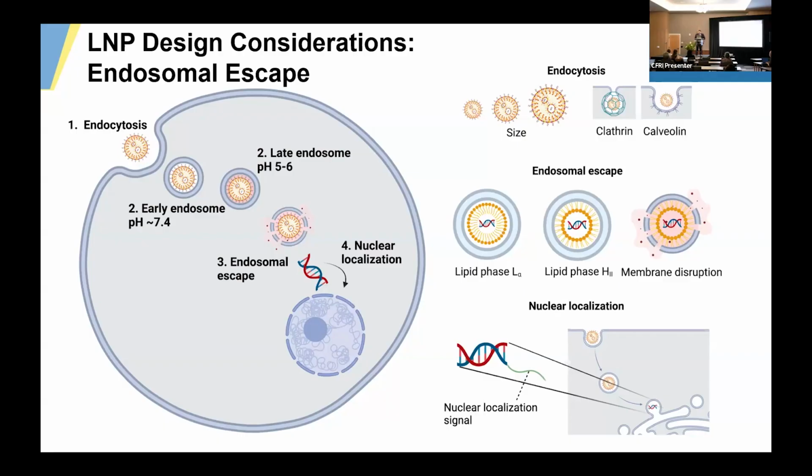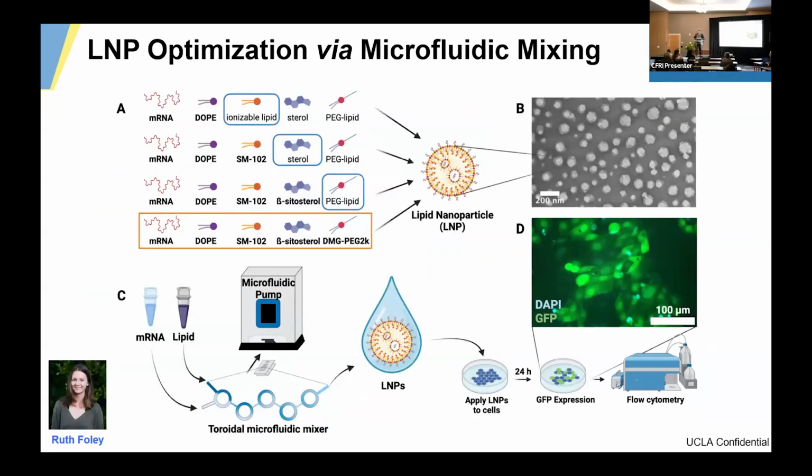And that's essentially what Ruth has been trying to do through the course of her PhD, is trying to hone down on a recipe for a lipid nanoparticle that will work with different types of airway basal stem cells. She does that basically by systematically changing every ingredient and using what's called a microfluidic mixer to mix all those ingredients together to create the nanoparticles. And with that